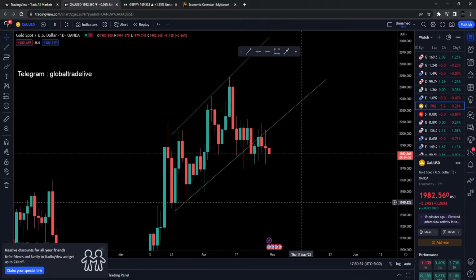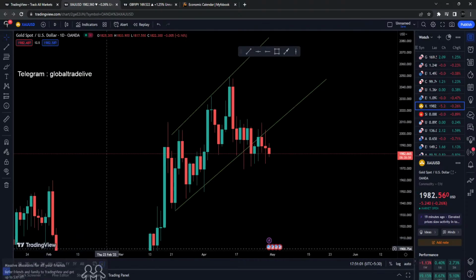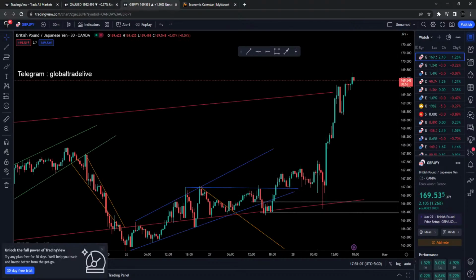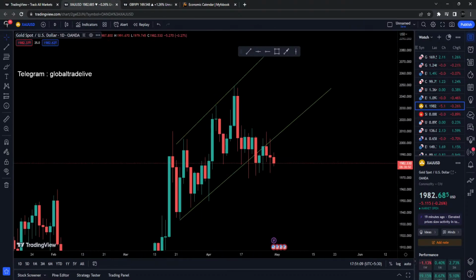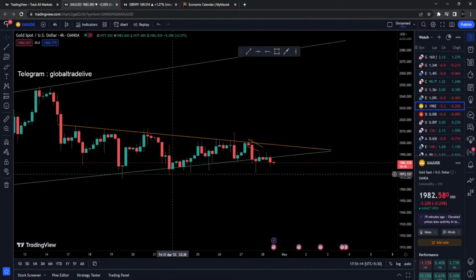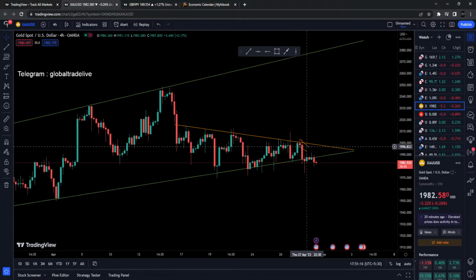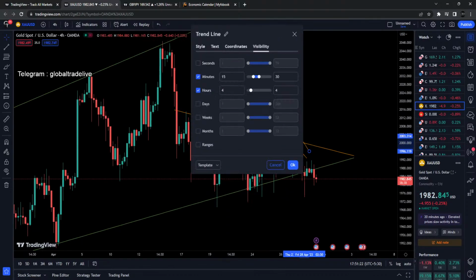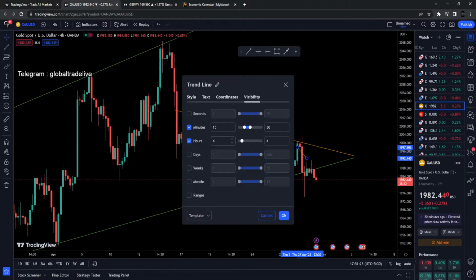Yesterday the same thing happened. There was news and we waited, and after that we found a very nice opportunity and it really worked well, right? So let's analyze the market and be ready for the move to happen, so that we can take a trade. Let me just adjust these settings. I don't want this to be visible in the 4-hour. Okay.